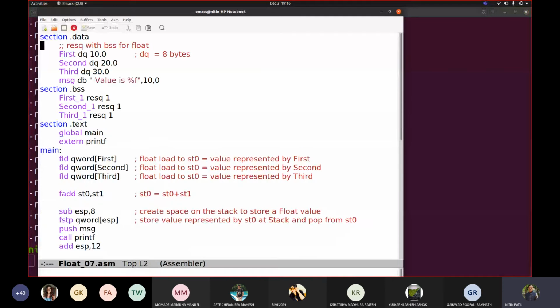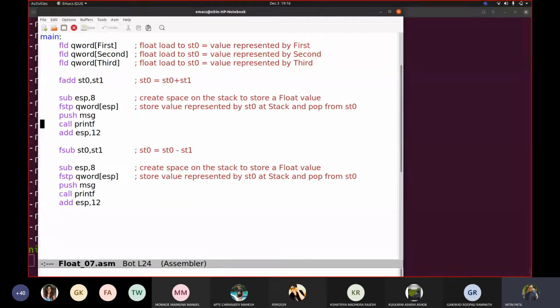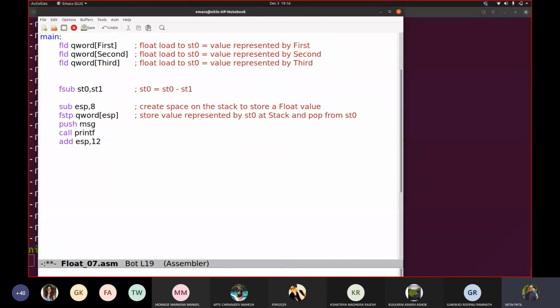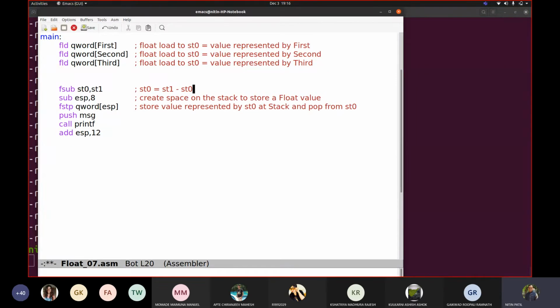07.asm. Now this is the code. Now I am showing you one more instruction. So let us say I am removing this fsub. Now here we said st0 is equal to st0 minus st1. Suppose I want st0 equal to st1 minus st0. But my fsub will not do this, correct? My fsub will do st0 minus st1. But I want the reverse. So you write here only r. So it says reverse subtraction.